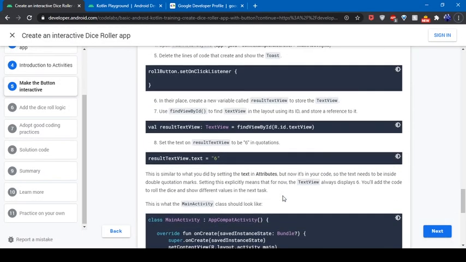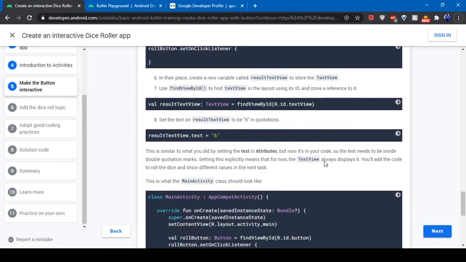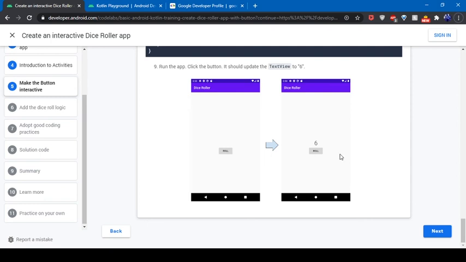After that, we're going to set the text to result text view dot setText. Is it? No, that's Java. Okay, so it's a number, but we're displaying it as a string because we put it in quotes. We want it that way. We're not going to be doing any calculations with it, so a string will work fine. Okay, great. So when we run our app, we would see